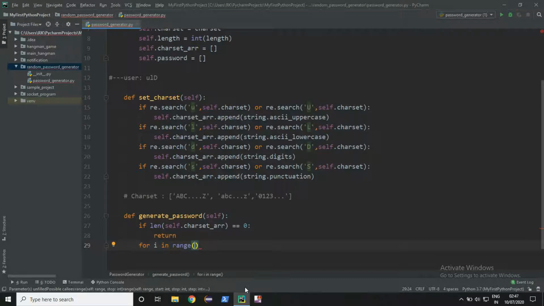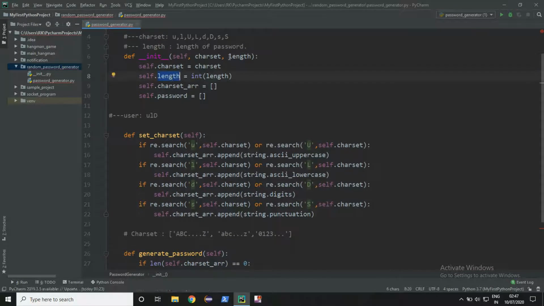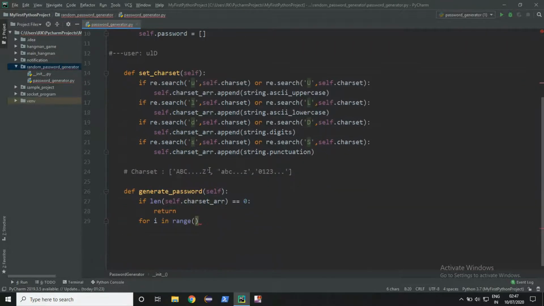For that much of time we will iterate the loop to get a password of that much length which the user wants. So now here we got the parameter length. Now this will enter here, range length. Now basically what we are going to do is we got the charset array.